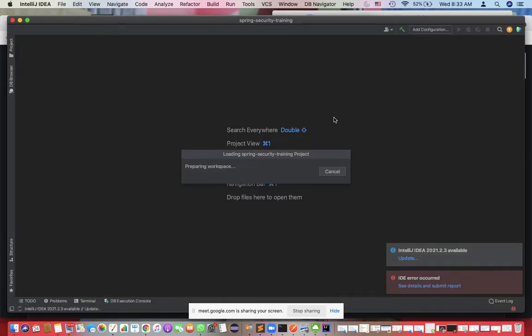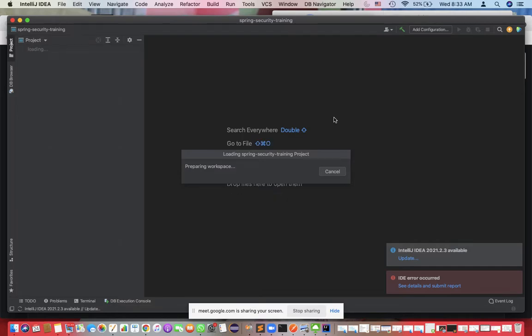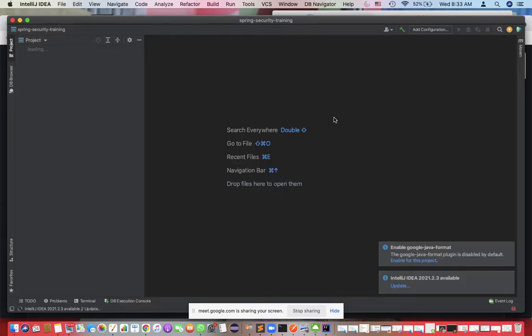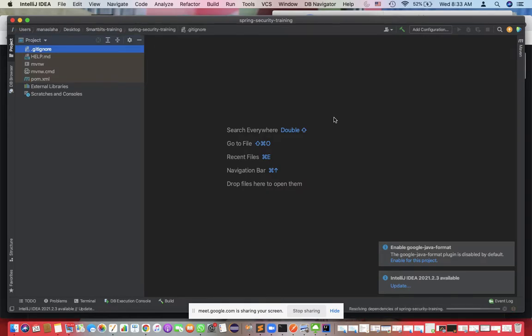Okay, so we are going to use a multi-module project. Anyone has any idea what a multi-module project is? Anyone who worked on it in their company?